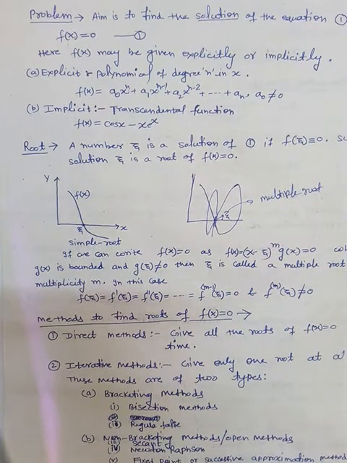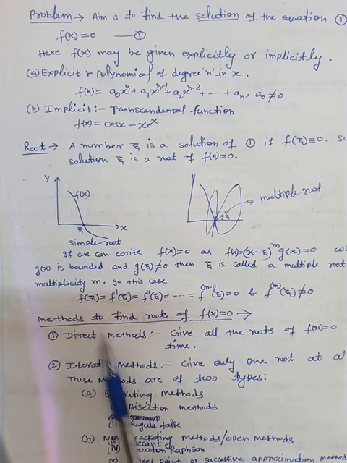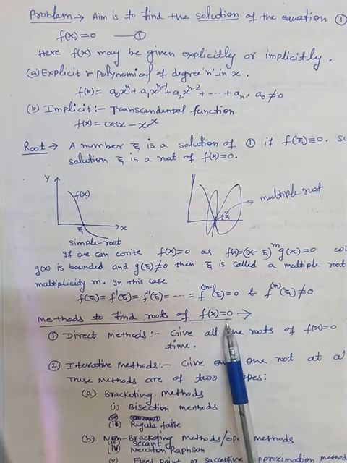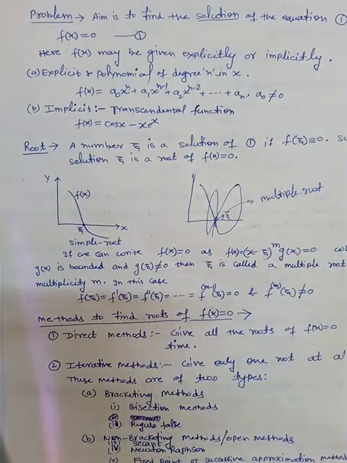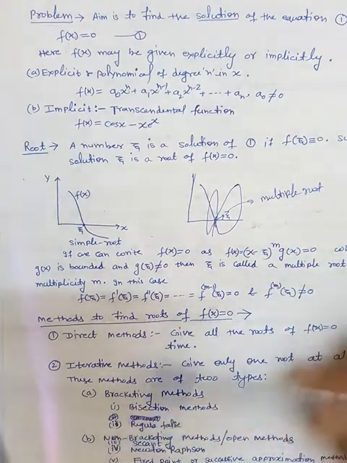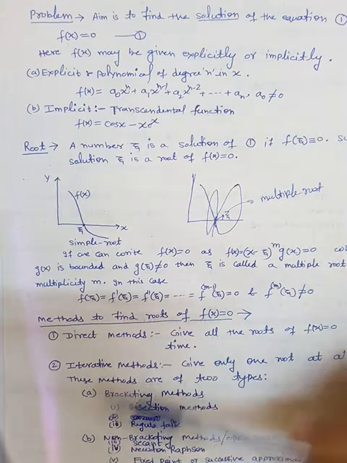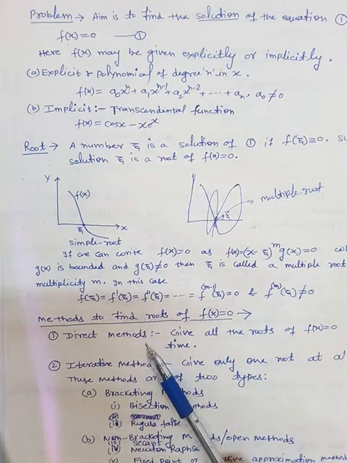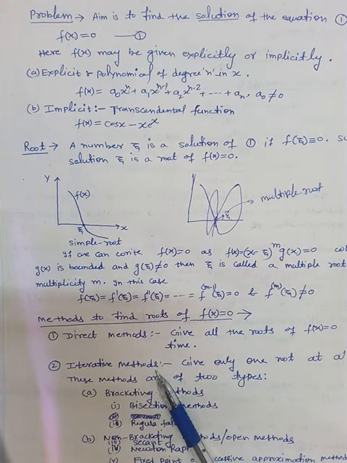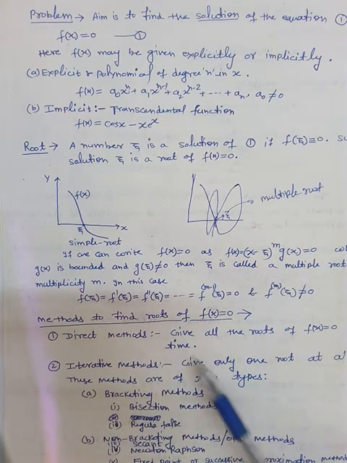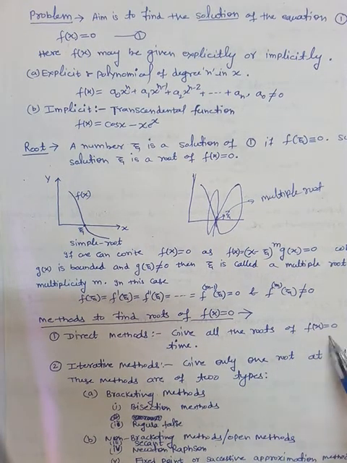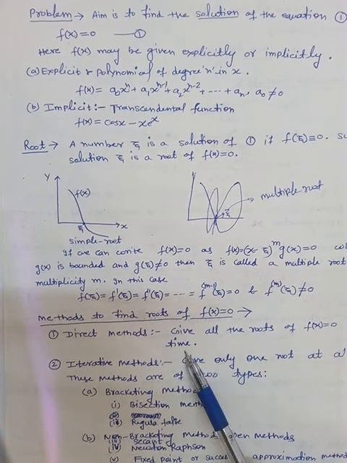Now as far as the methods are concerned, methods to find the roots of this problem may be explicit, may be implicit. So we have broadly divided the methods into two categories. One is the direct methods and the other is the iterative methods. Now as far as the direct methods are concerned, they will give all the roots of f of x at a time. For example,